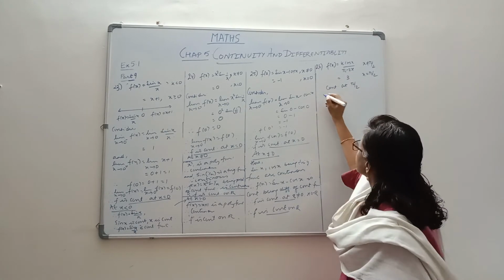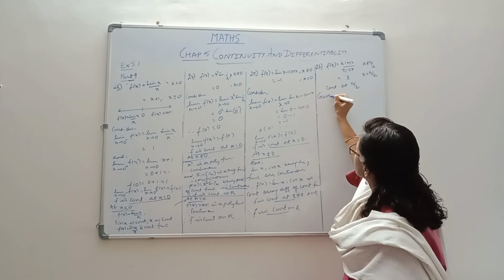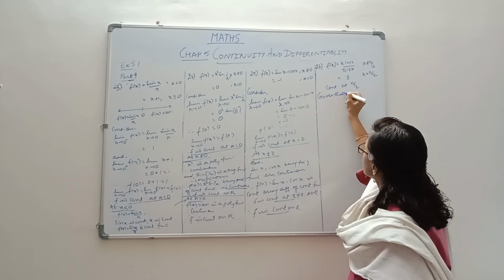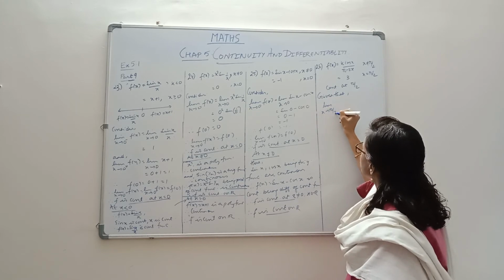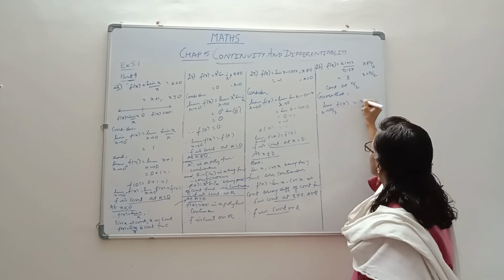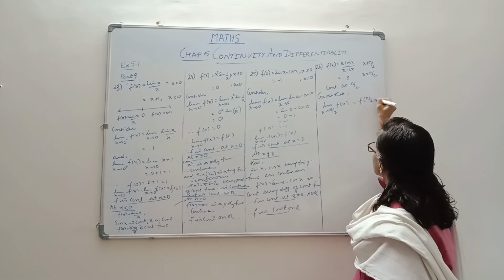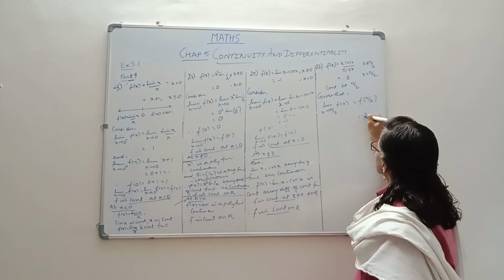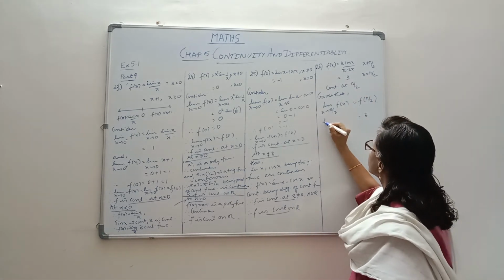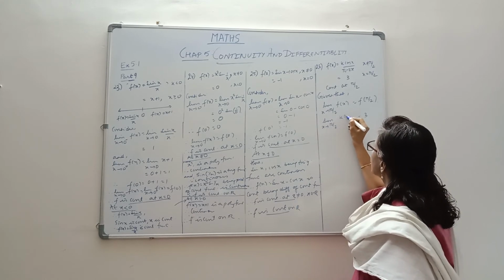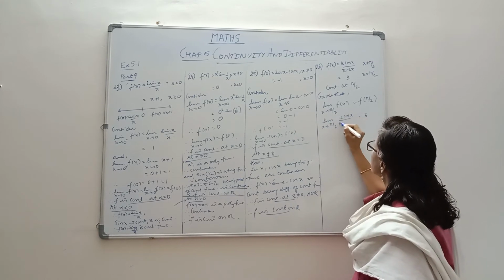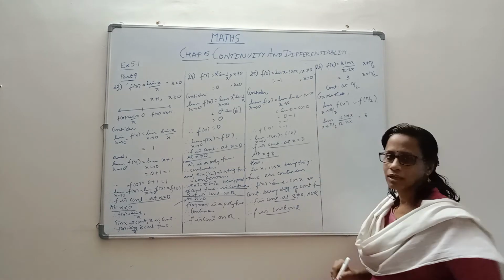So, we have to see how it is. Given that, they have given us continuity. They have given that limit as x tends to pi by 2 of f of x is f at pi by 2. That's given to us. So f at pi by 2 is very clear, it's 3. And what is this? Limit as x tends to pi by 2 of k cos x by pi minus 2x, right?